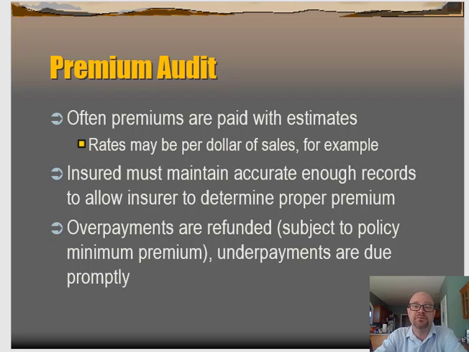A lot of times when you pay your premiums up front, we don't know what the actual result is going to be. So this happens across all kinds of different lines of insurance. We'll see it in workers' comp when we go to talk about that. Same idea. Here with liability coverage, if you're a retailer, for example, your rate that you pay on your premium is usually a rate per dollar of sales. And we're insuring you for the year to come. We don't know what your sales are going to be. So what happens is we have to have an audit process in place because we've charged you on the idea that you're going to have $2 million in sales. Well, we get to the end of the year and you really only had 1.9 million. That means you overpaid. You're due a refund.